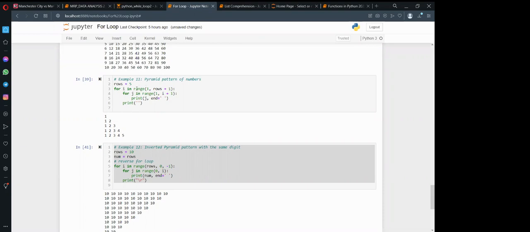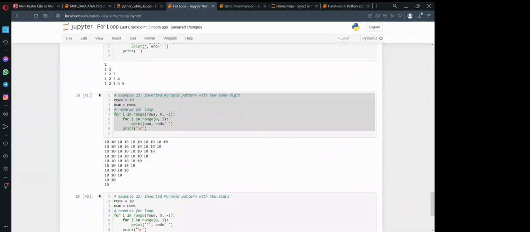Then for I in range 1, you add row is row plus 1. So for j in range 1, then I plus 1. Then you print j, then you terminate the end of the line, each line. Then you print that space. So you can get a pyramid of patterns.